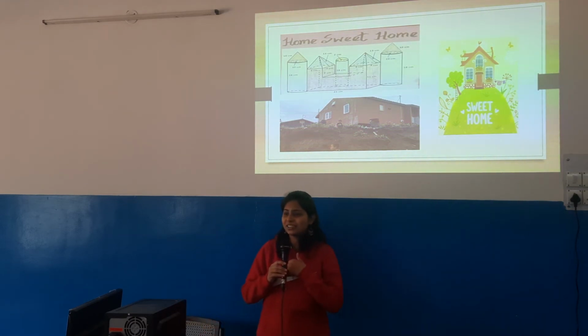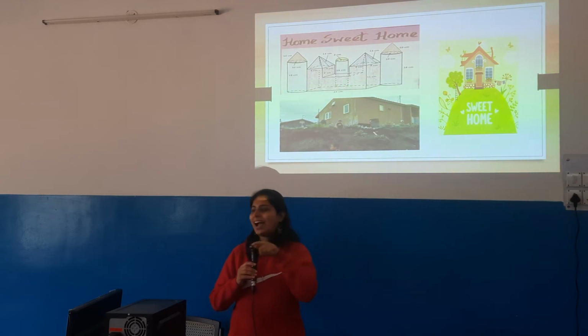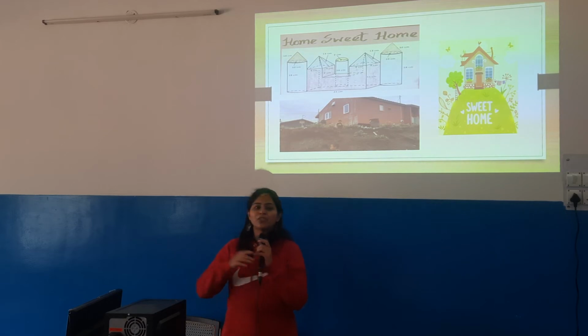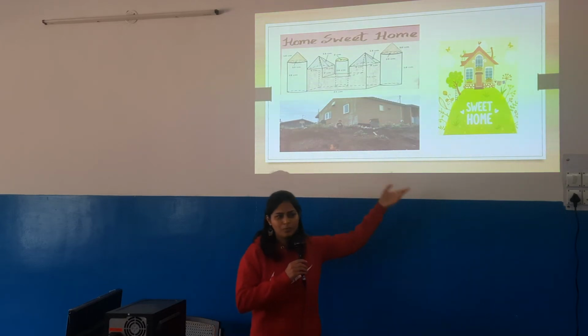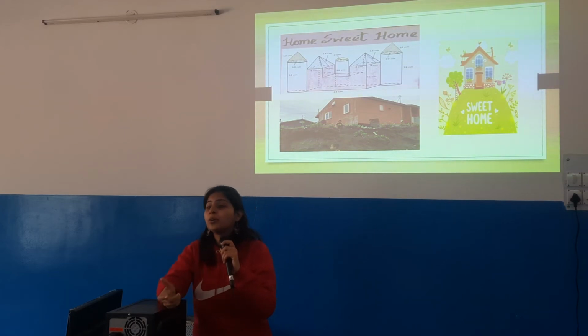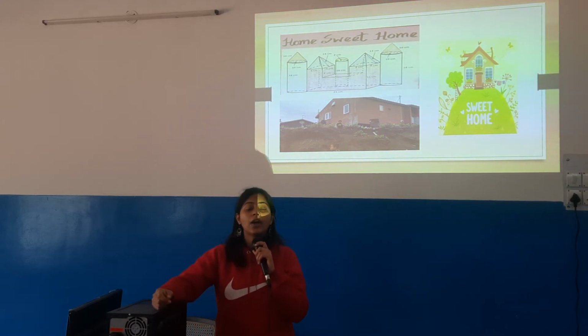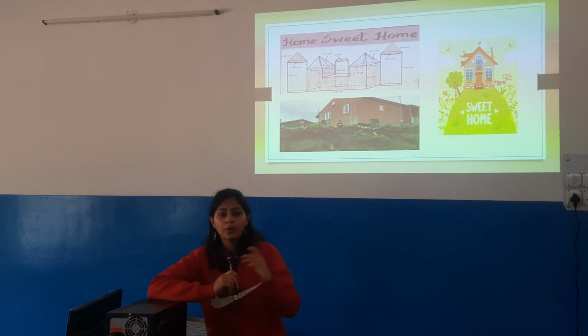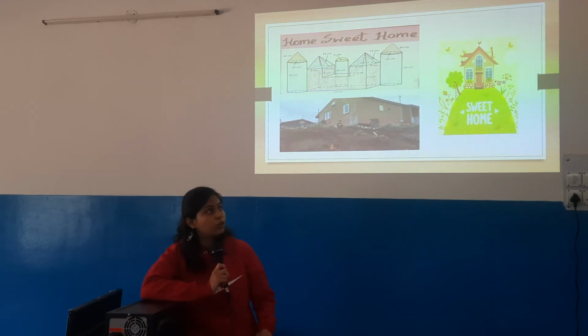Even as a social science teacher, we can connect many ideas, like we can take it to the next level by saying soil, geology, since this picture was presented. We can even present it as a community house, like community ownership. There's a concept in social science, ownership, property, community or private property. That concept can be included.